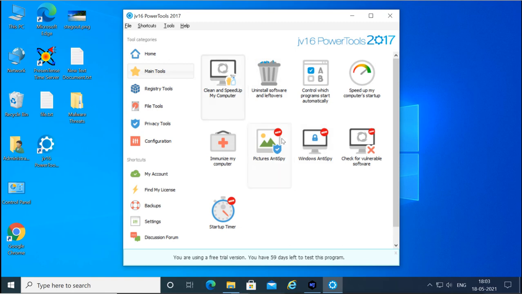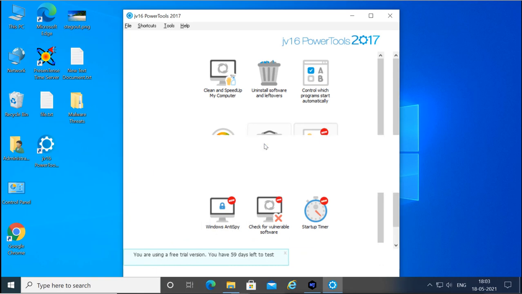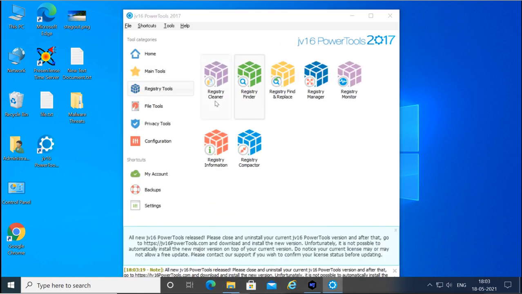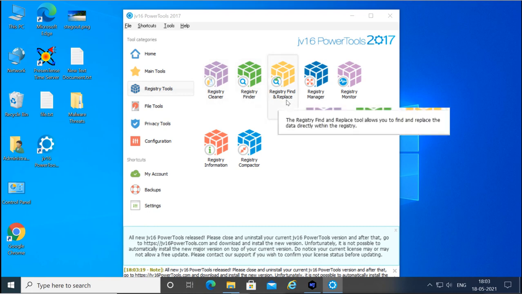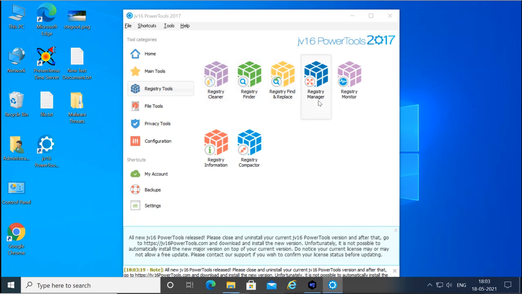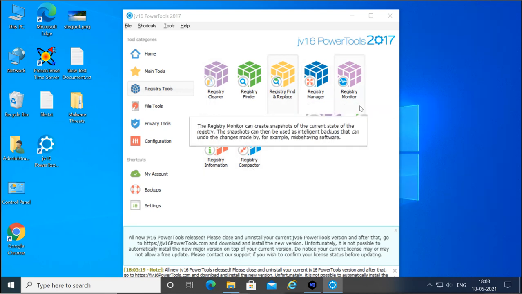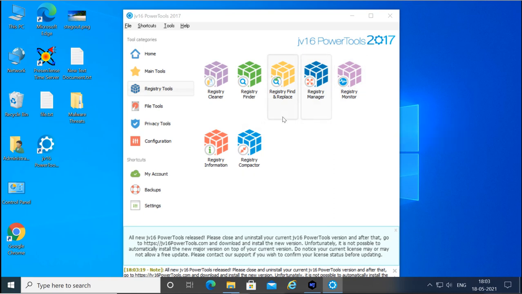You can do these different things. You can use the registry tools also to clean the registry, find the registry, registry find and replace, registry manager, monitor information, and registry compactor. So you can do all these things with this tool, and you can manage the registry. You can see the registry, you can find the registries also.